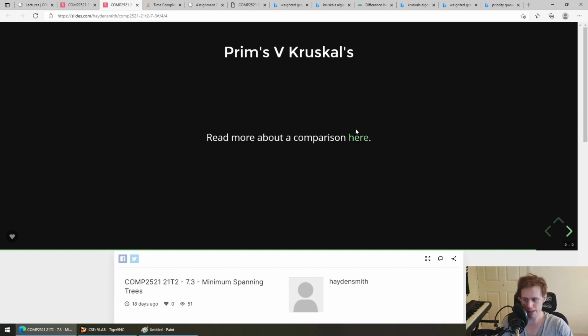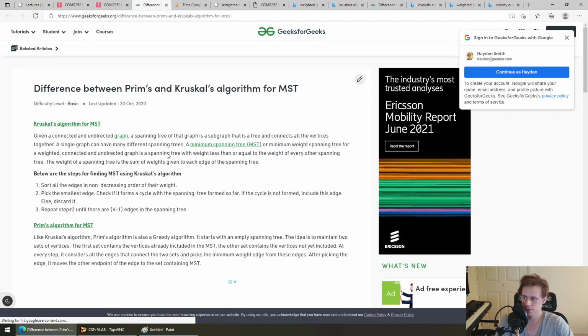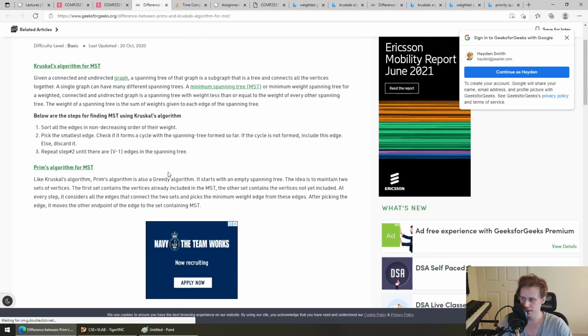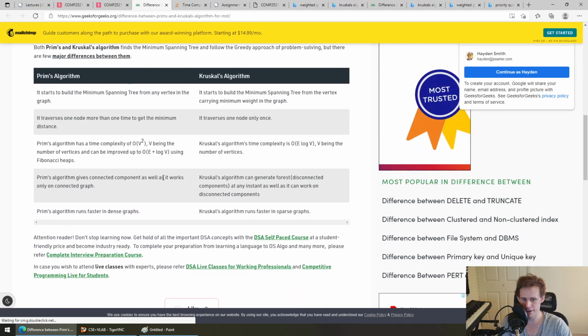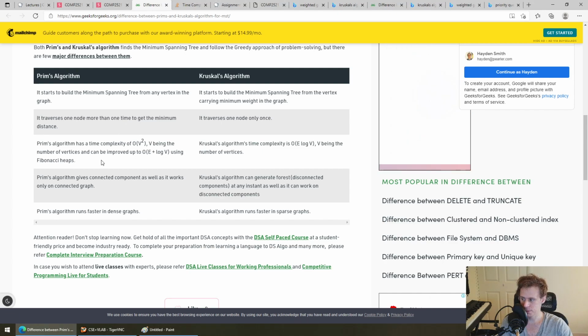If you want to learn more about the difference between these two algorithms, you can read up on them here. This is just a Geeks for Geeks site that I think is kind of simple. It gives you one of these comparison tables. There's a lot of things in computer science that you can use this site for. The main things that I think to point out here, besides the complexities,